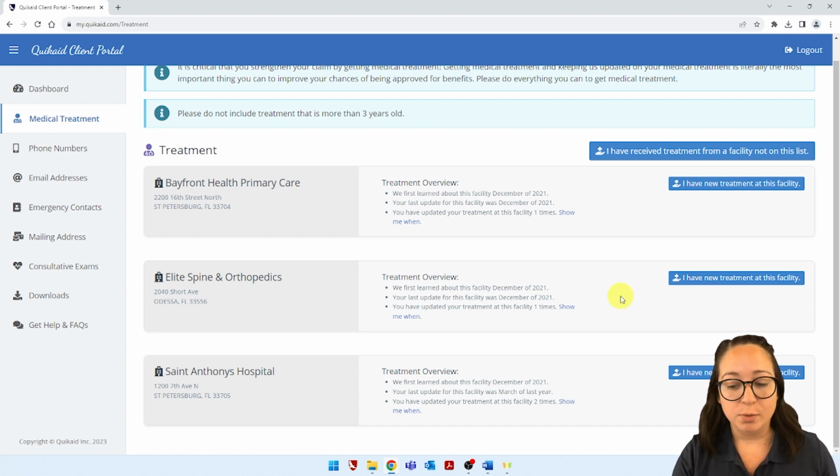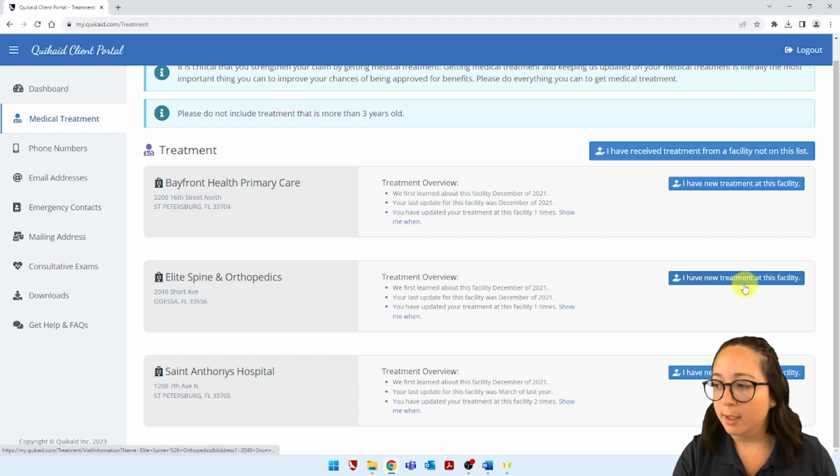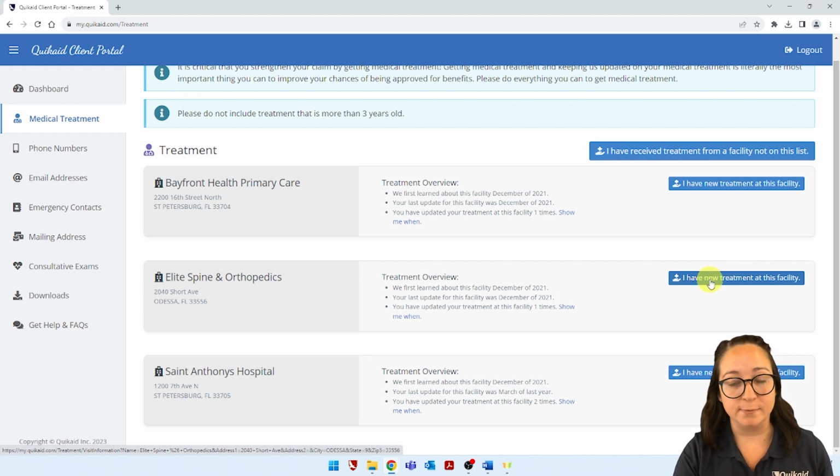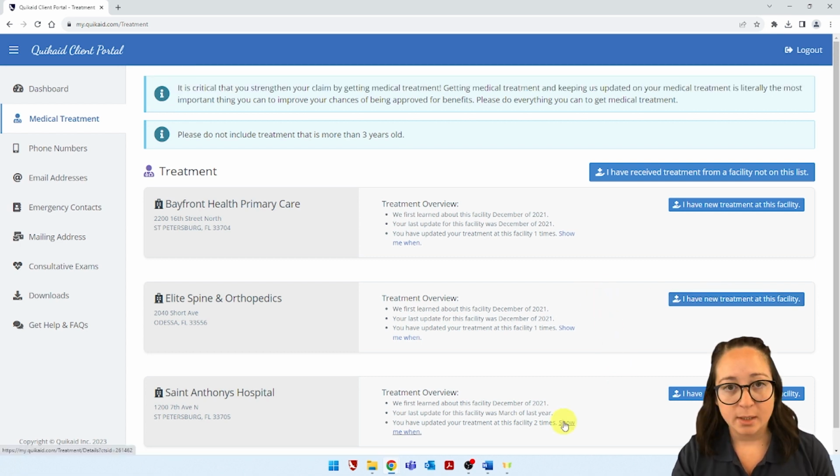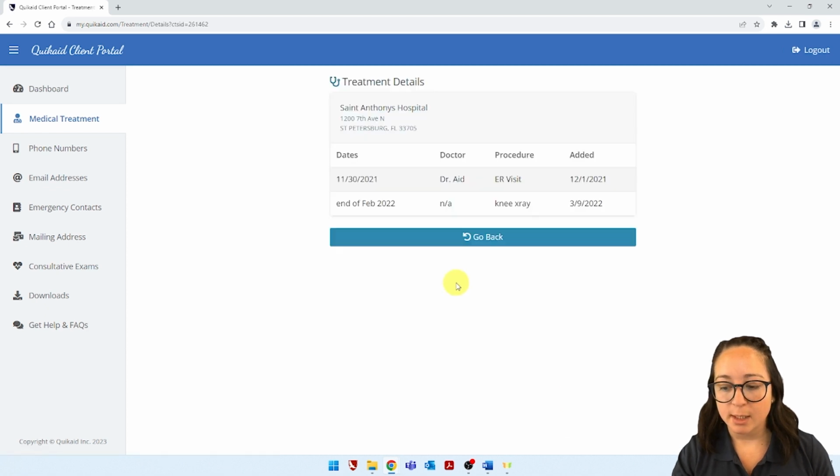To add a new appointment to a doctor's office or a hospital that is already on the list, simply click on the I have new treatment at this facility button next to the corresponding facility. Make sure you scroll all the way down to review all of the facilities that are listed. If you want to see the last appointment date we have on file for each facility, click on the words Show Me When. If you have been seen after this most recent date, make sure to add this new information